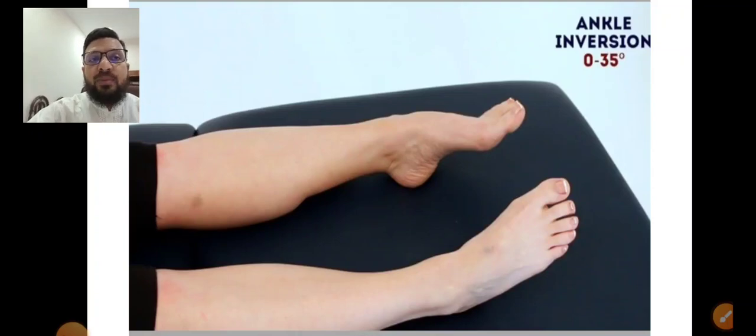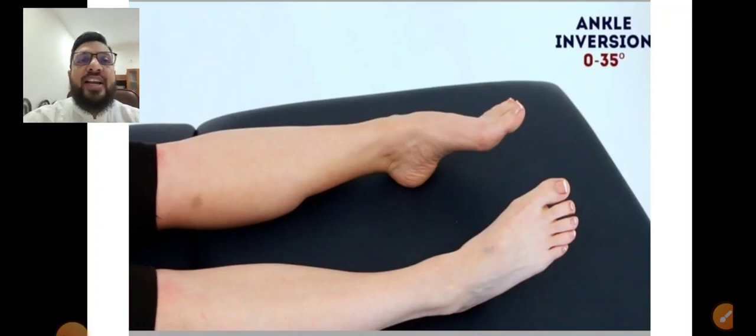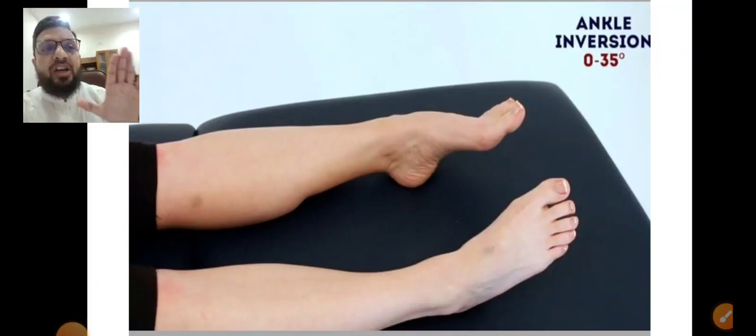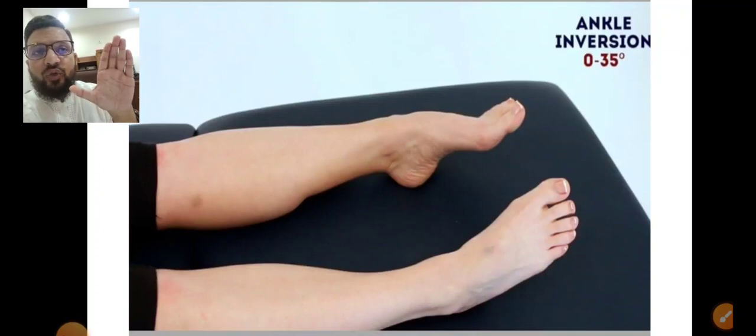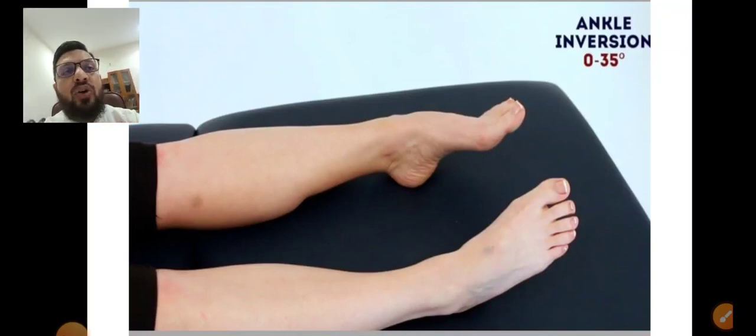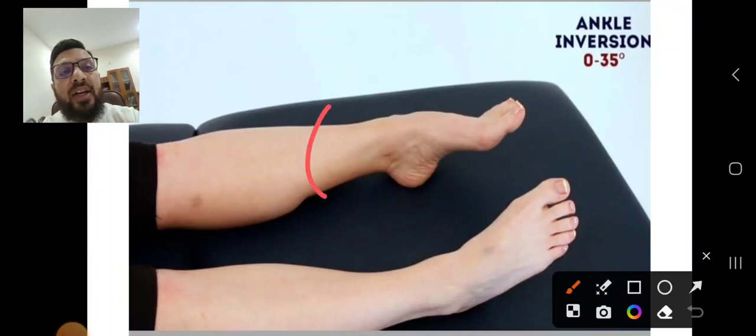So you will ask the patient, can you please turn your foot inward, and you can explain it with the help of your hand. Ask the patient, can you please turn your foot inward and now outward. You can use your hand for this explanation, but don't forget to put your other hand here,